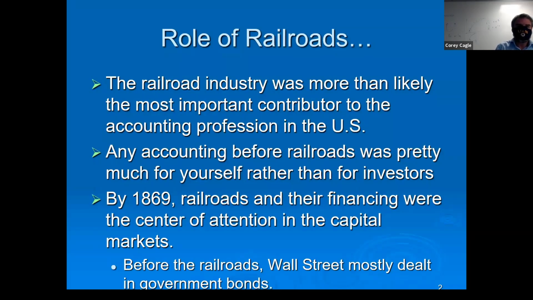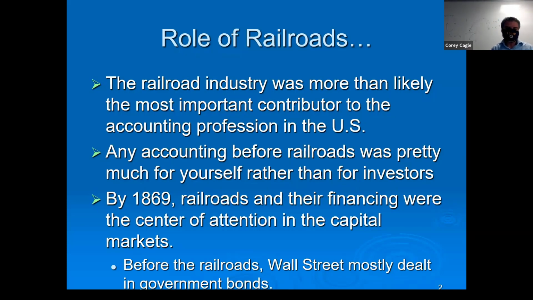For next week, one of the research papers you will read is Accounting in Colonial Williamsburg. Someone found the accounting records of a merchant shop in Williamsburg and wrote a paper about what was done in those records. They were doing the accounting for themselves. That's an example of that. That was well before the railroads came along. So that's one of the papers you'll read for next time.